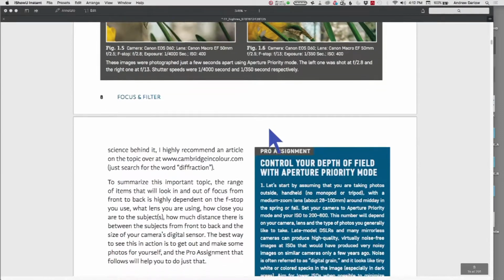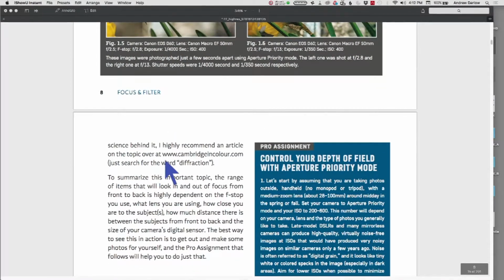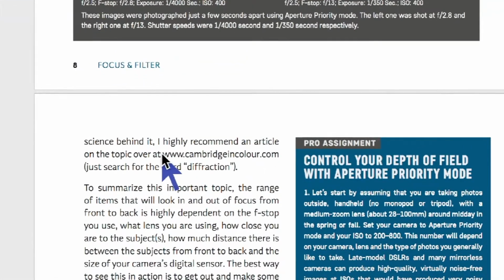Also, the one thing to understand as you get closer to f22, and I speak about this in one of the sections, there's something called diffraction. And you can even go here now if you'd like, but this website has an amazing discussion. And from time to time in the book, if I feel like something is a technical topic and it's well covered by someone else, I'll often send you there, because there's no need for me to spend the space in the book when it's so well described.